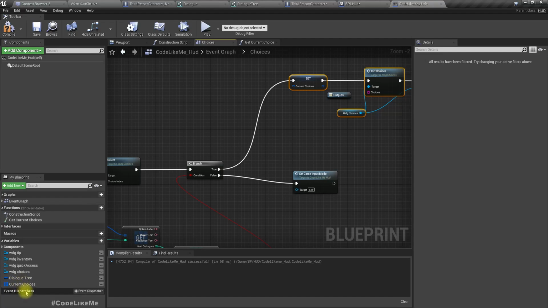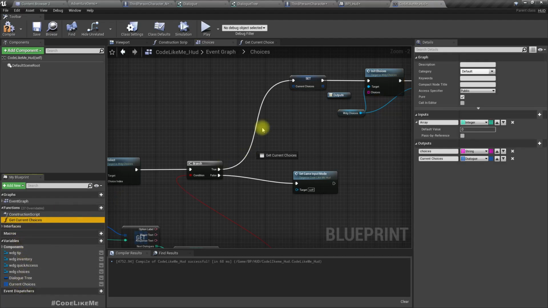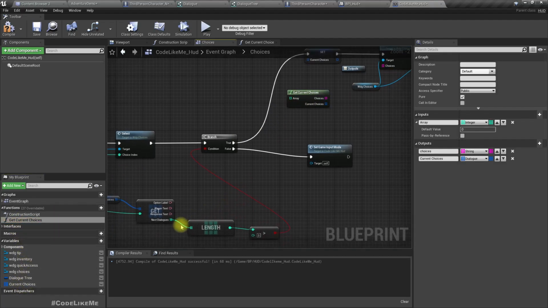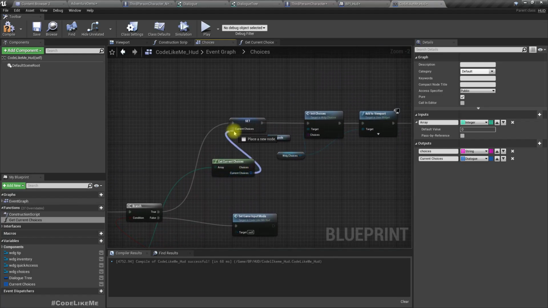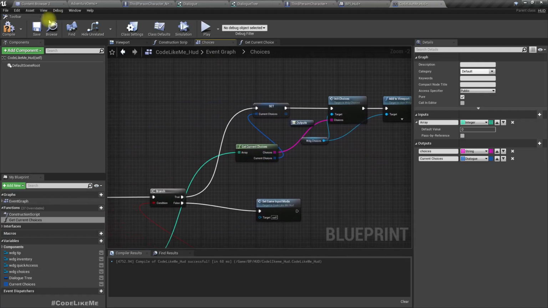And we need this function as well. Get current choices, array is next dialogs. Alright,